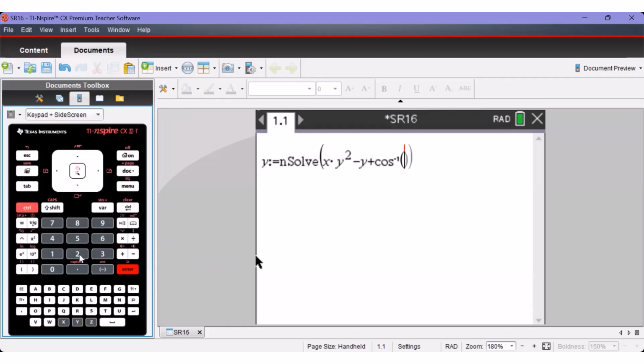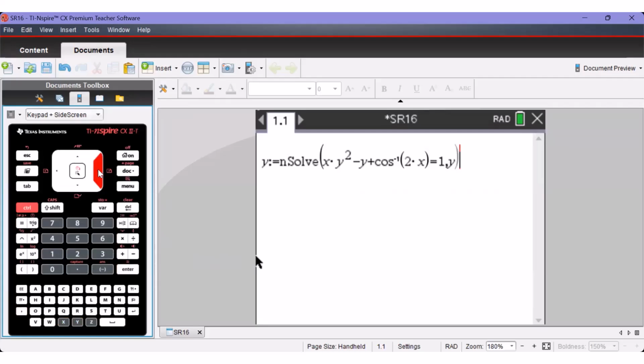Press enter, and we'll enter 2 times x. Navigation pad to the right, set that equal to 1. And what we want to do is solve for y, so comma y, and then